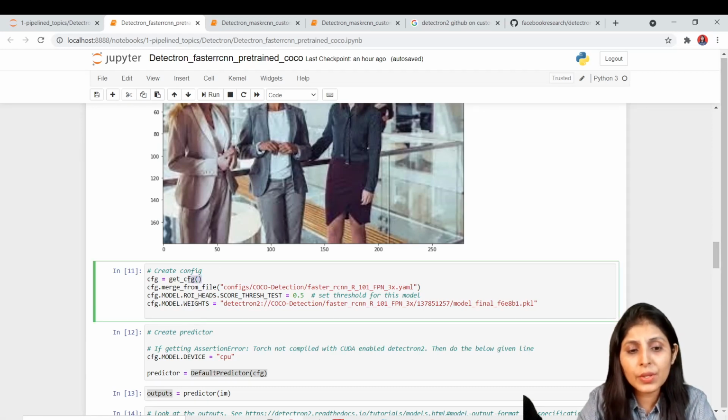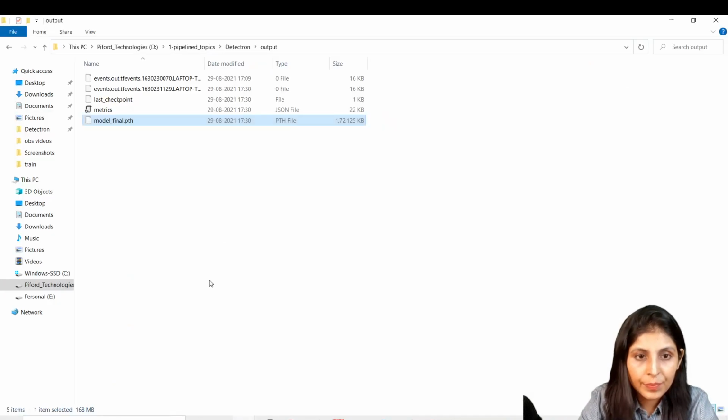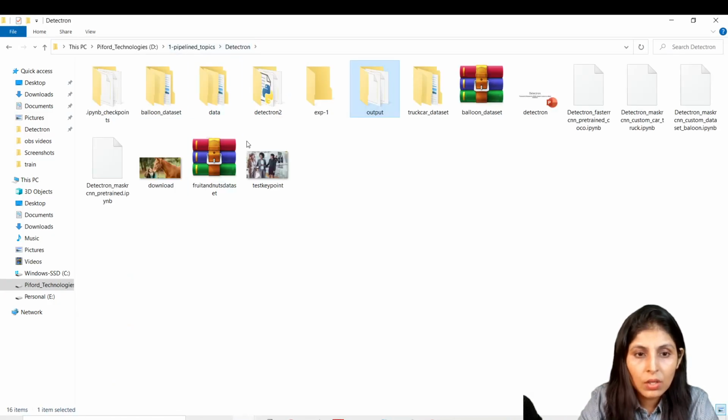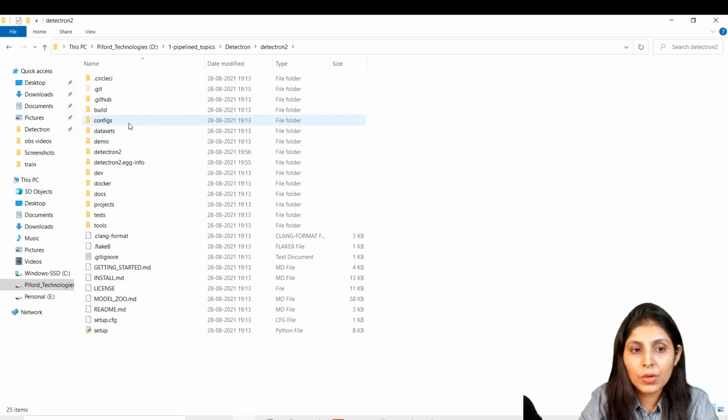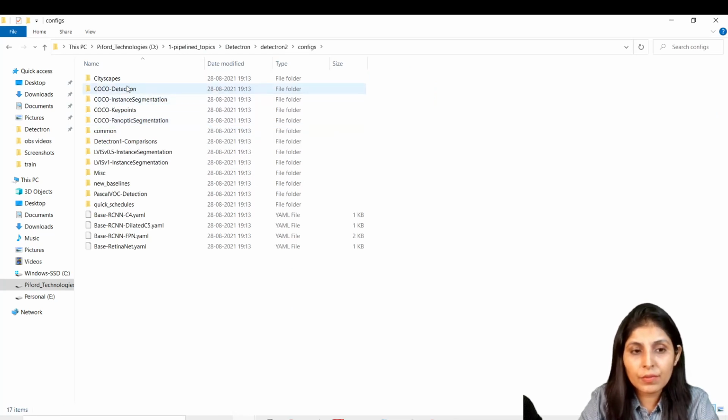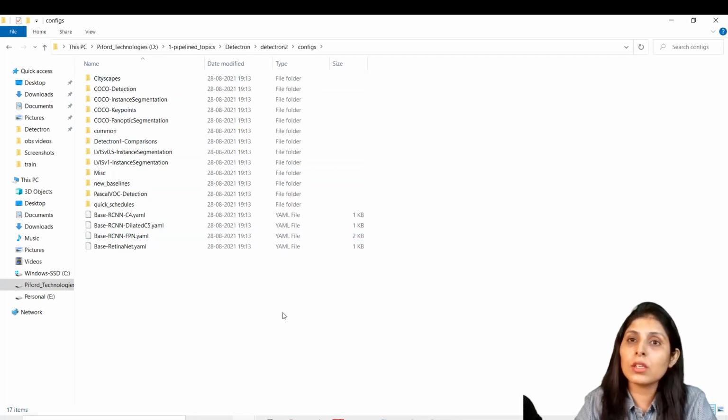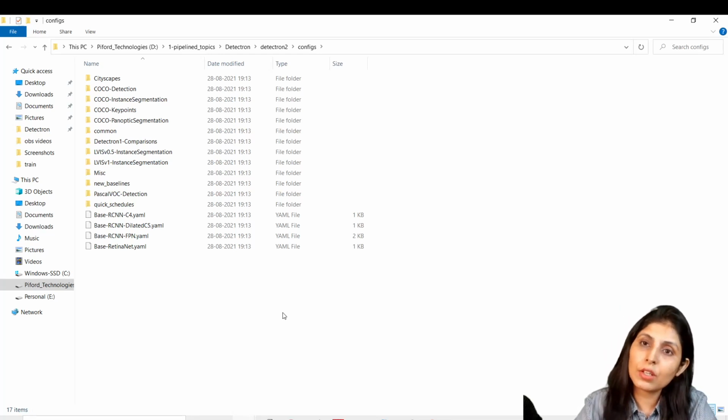For that, what we are doing is, first of all we are getting the config file, and then from these configs, okay, let me open this config folder. Detectron, this is the GitHub repo which we cloned. Once you open this GitHub repo, you'll get a config folder. Under this config folder we have these files and folders. Okay, so the important thing, guys, is that Detectron 2 accepts the dataset in the format of the COCO dataset. So whenever you want to work on any dataset, our first task is to convert our dataset into the format of the COCO dataset.